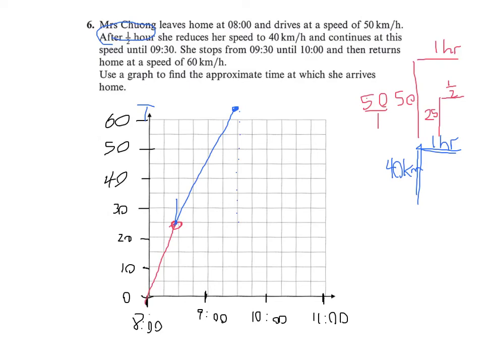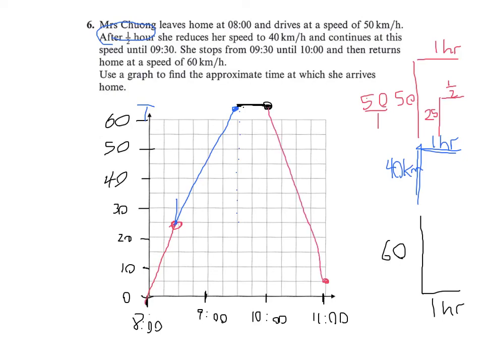Okay, it says she stops from 9:30 until 10. In other words, we've got a straight line from 9:30 to 10, okay, because she doesn't move, so her speed is 0. She stopped, and then she returns home at a speed of 60 kilometers per hour. In other words, she's going to go rise 60 and over 1 hour. Okay, so let's do that. Okay, I'm going to go switch back to red here. So we're going to go down from 65, we're going to go down 60, so we're at 5, and over 1 hour. So right here,